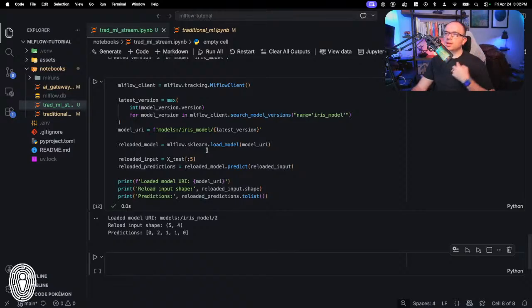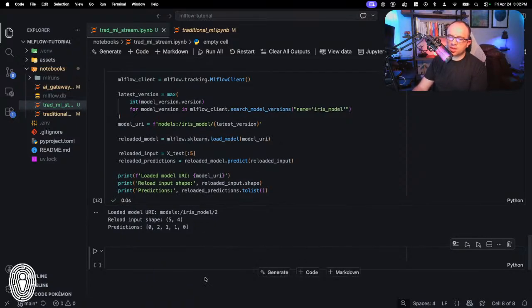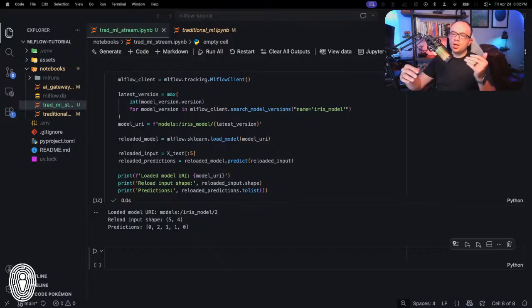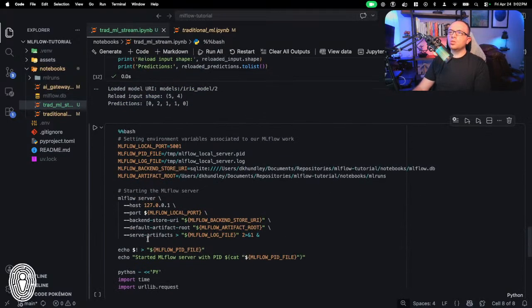Now, this next thing that we're going to do is I'm actually just going to copy and paste this code because it's rather complex to type all out, and I'm just going to talk through it. And it's actually not Python code; it's just shell code that you would run in the shell terminal. What we're going to be demonstrating in this next section is how you would serve the model out from the tracking server and invoke it appropriately. Like I said, I'm going to just start the thing up using this bash code here.